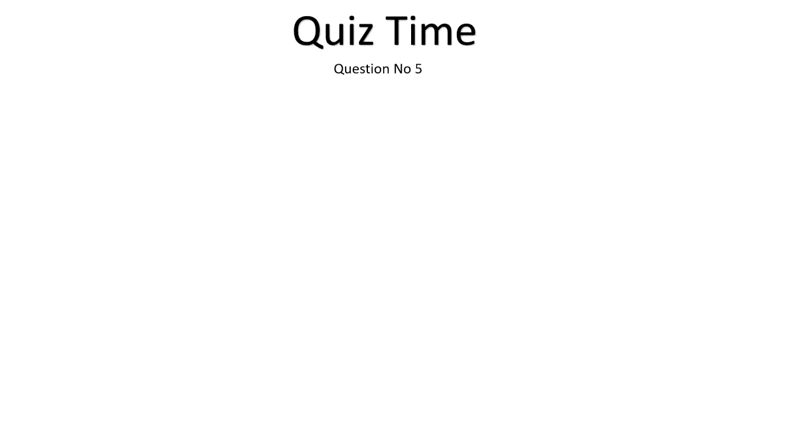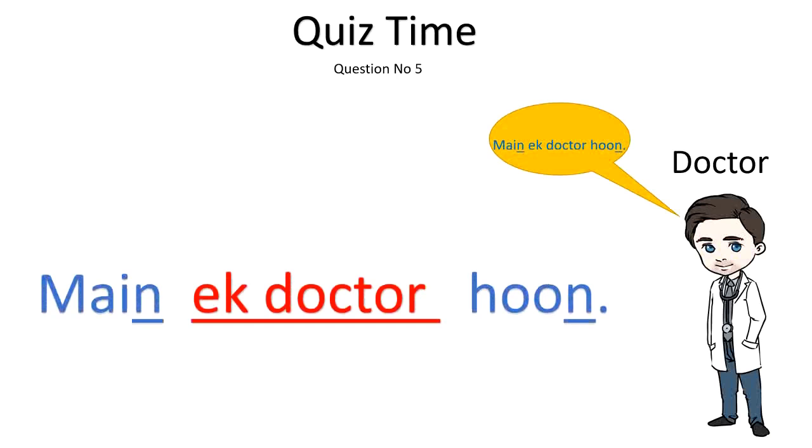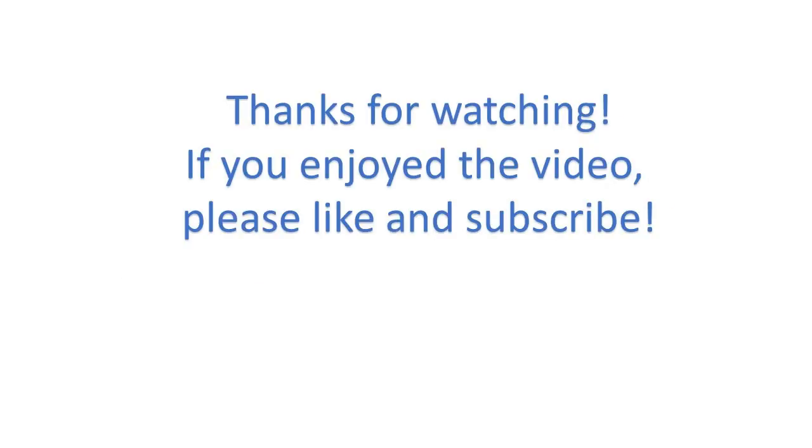Here is the last question. And the answer is मैं एक डॉक्टर हूँ. मैं always ends with हूँ. मैं एक डॉक्टर हूँ. You can also write your own sentences using मैं, आप और तुम in your comment section